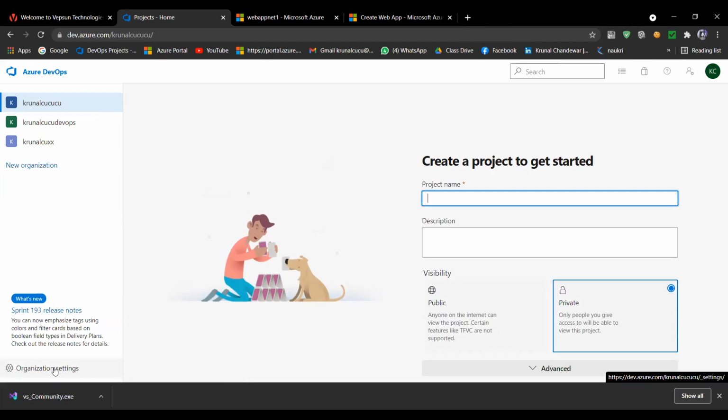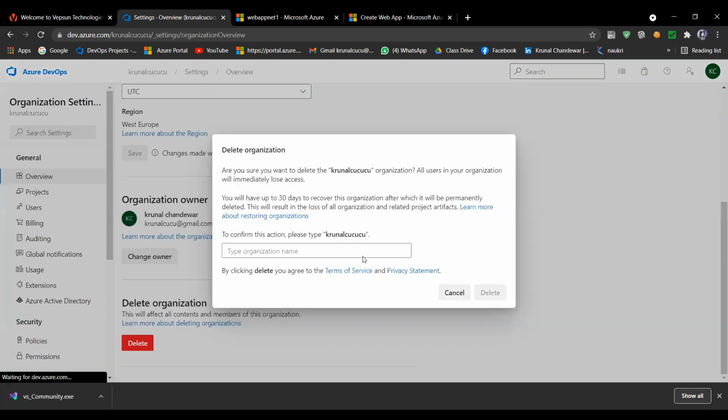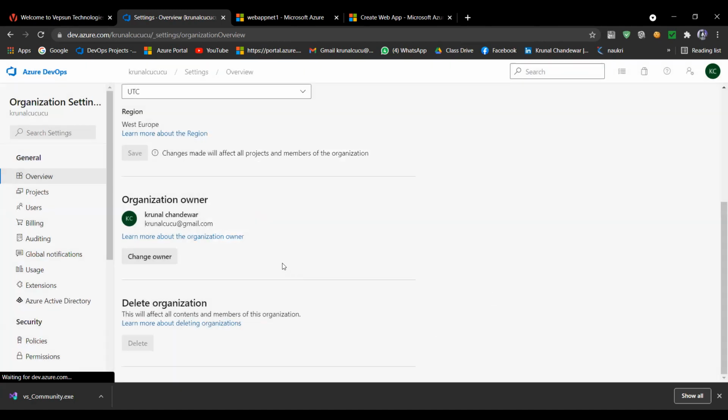So go to organization settings, then come to delete and give the name. The name is here, so copy, paste and delete. So you can delete your organization.